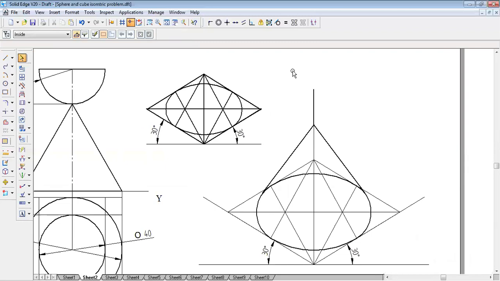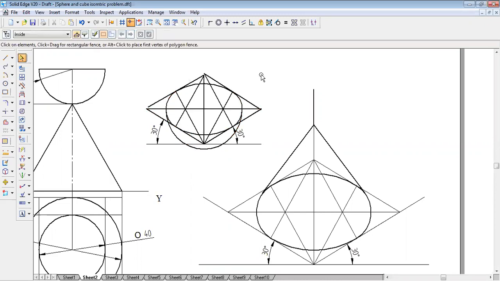Now, what should I do? I'll take arc by center point from this midpoint to this radius. I'll join the arc and then draw the arc like this. From the midpoint to this end point, I have to draw the arc like this. It becomes the hemisphere, right? See, this is radius 40, it will be 40 mm radius. So I've drawn it.